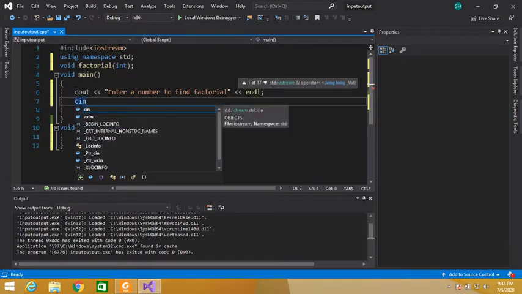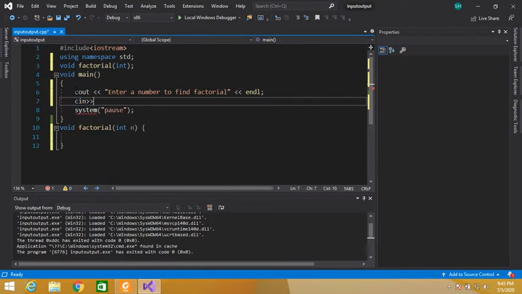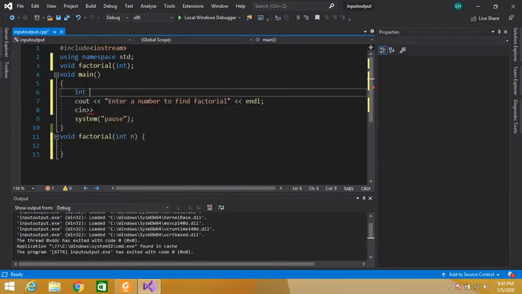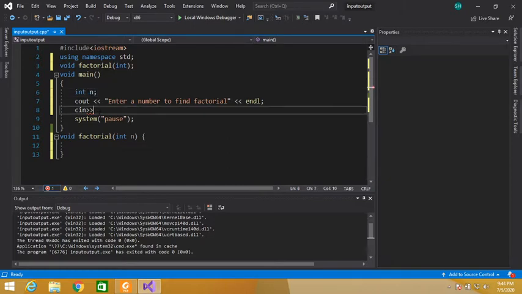Then cin. We have to declare a number here: int n.